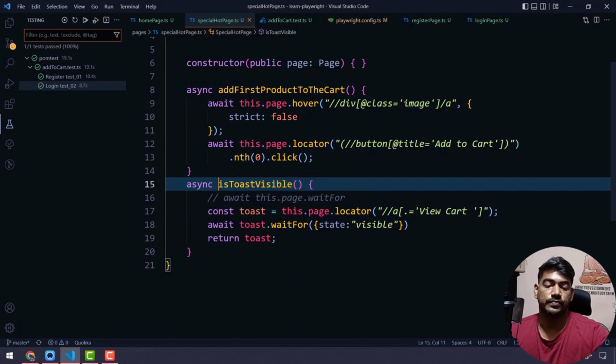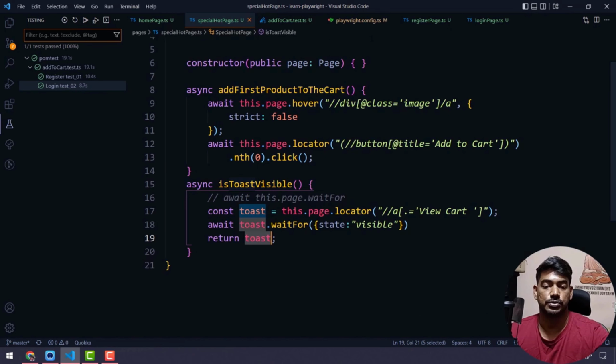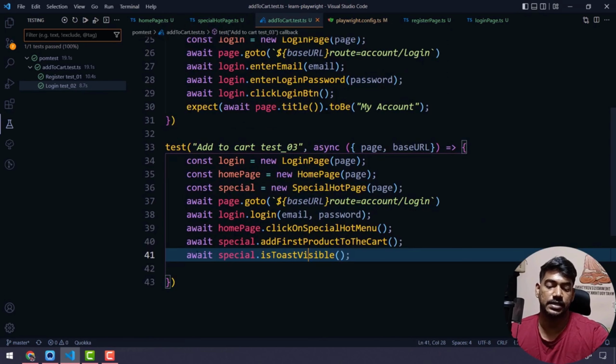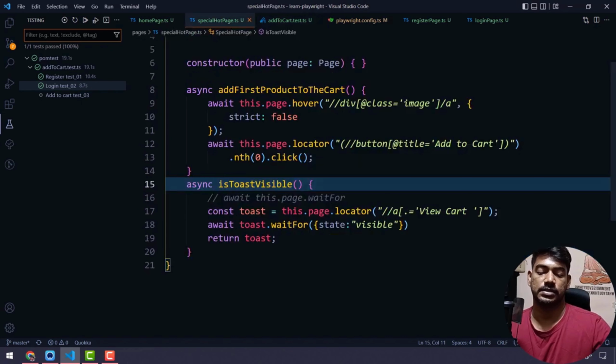So here we are waiting for this locator, we'll wait for visible, and then we'll return the toast. Okay, so here I can say, what is this going to return me? It's going to return me the toast, right? Okay,